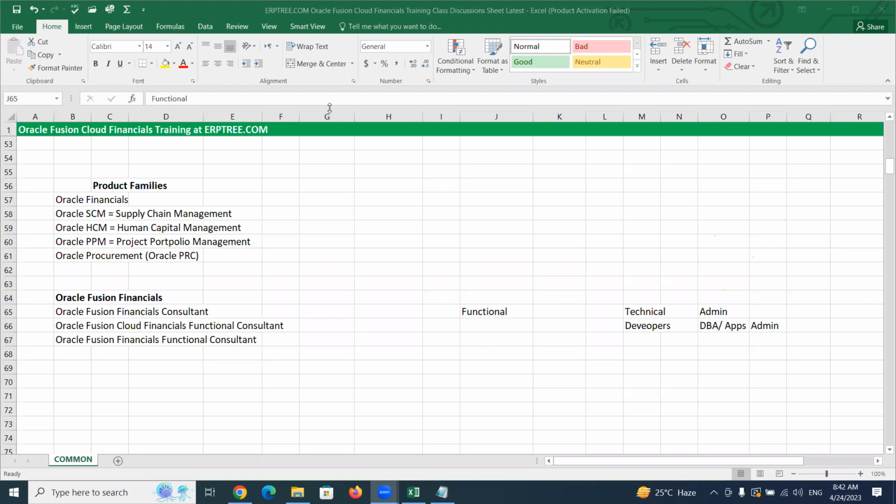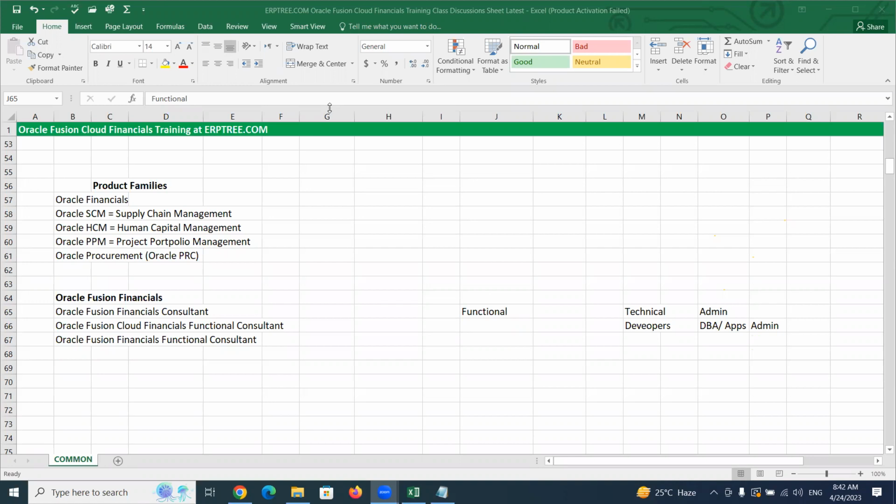That means there's going to be tons of opportunity for the next few years for a functional consultant to really understand what is there in e-business suite and translate it into Fusion. So knowing Fusion is one thing; also work with Lakshman to understand a little bit of e-business suite. That way you can work on a migration project where you understand what is in e-business suite and re-implement it on Fusion. That way you have more value. That's one additional point I would like to add here.